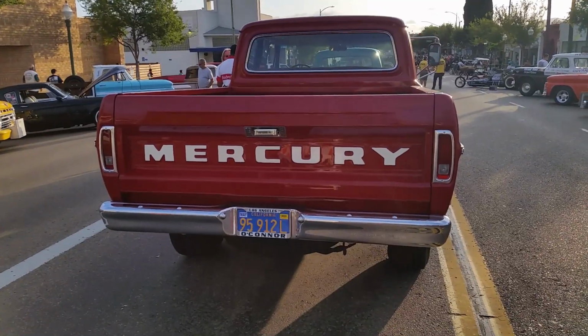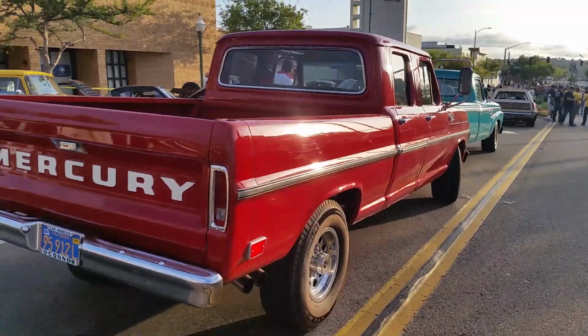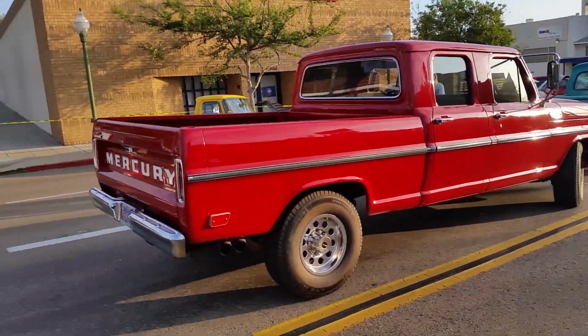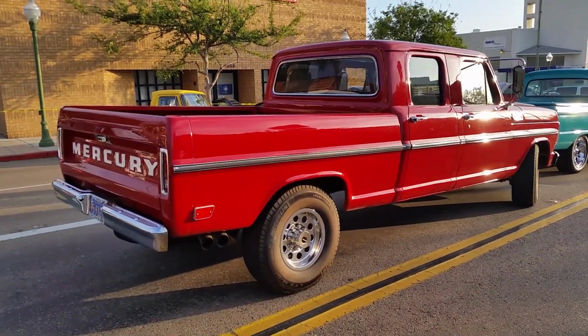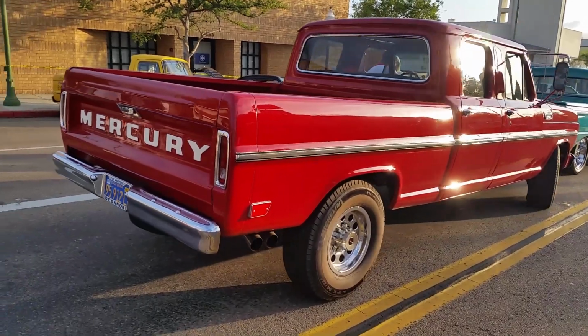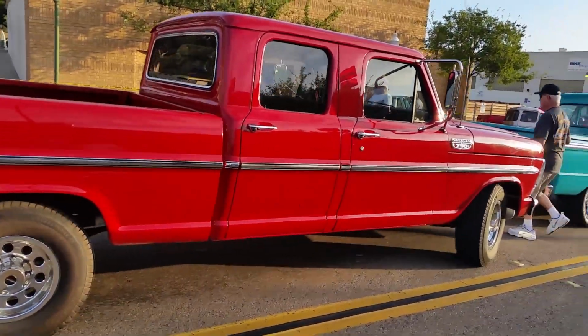Okay, we've reached number one, and number one is a rare one. It's a 1968 Mercury. Yes, Mercury, not a Ford. 250 crew cab pickup truck, nut and bolt restored. This one I recorded at my local